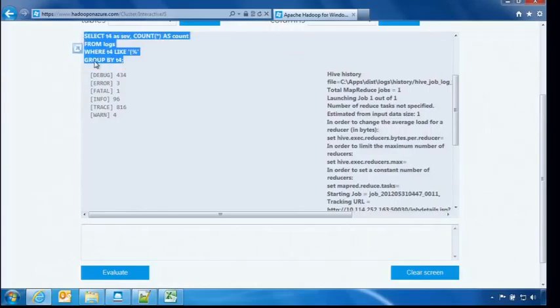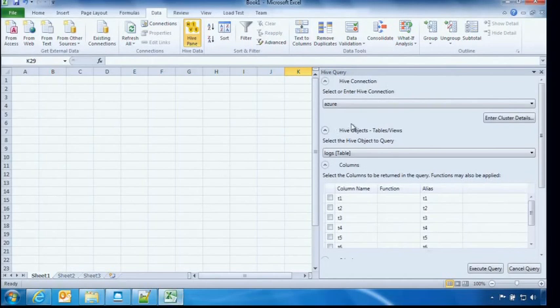And then lastly, what I'd like to do is show you a little bit about Excel integration and how, if you'd like, you can run these same queries outside of this interactive Hive pane and do it straight from Excel against your Hadoop cluster. So if I pull up Excel now, I've installed this Hive pane add-in, which is available for download from HadoopOnAzure.com,